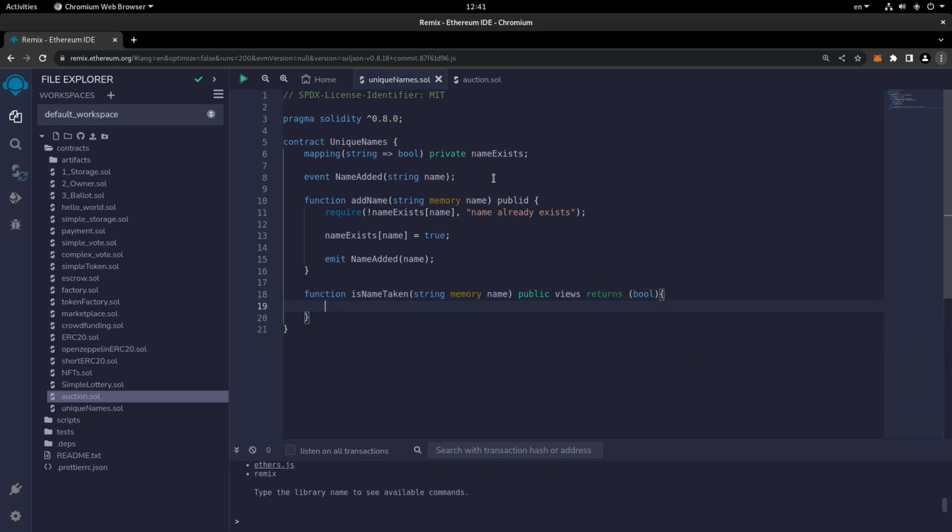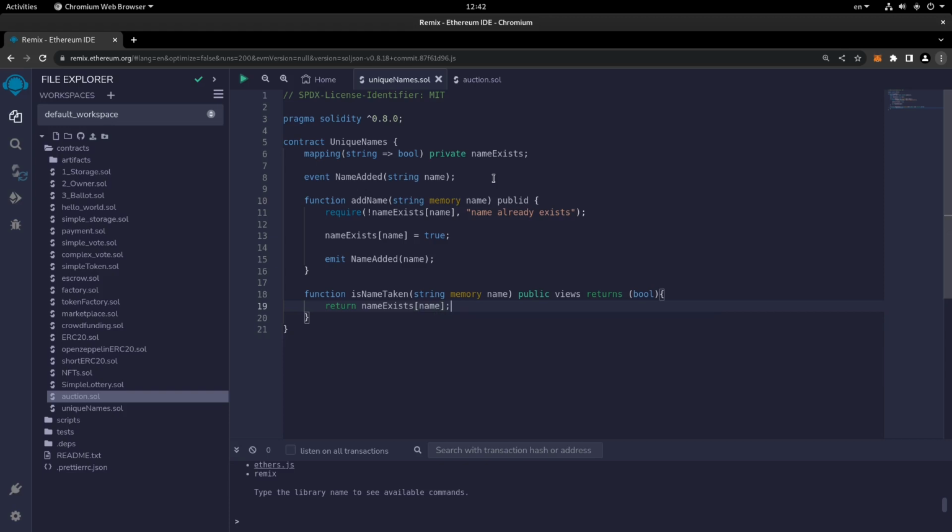Here we go, and it will return the status of the existence of the name. So nameExists of the name,